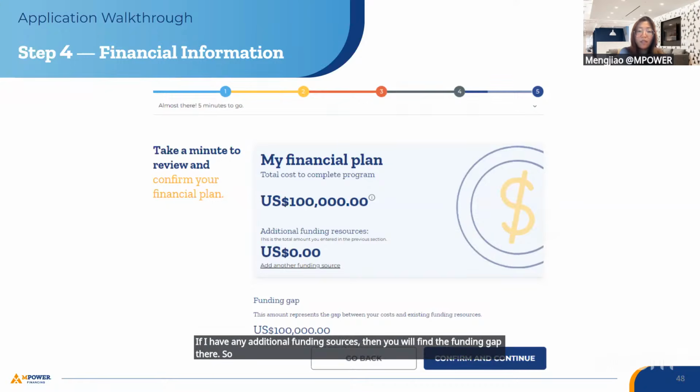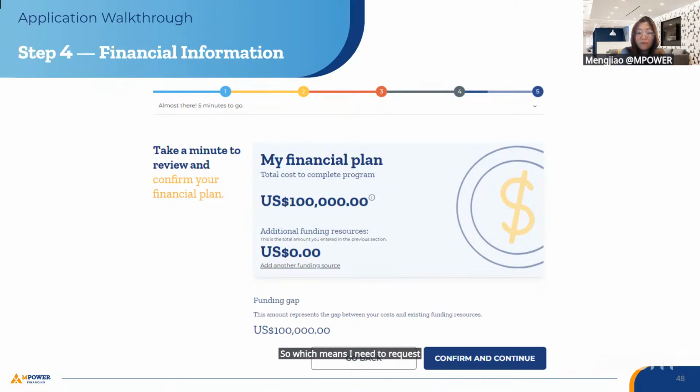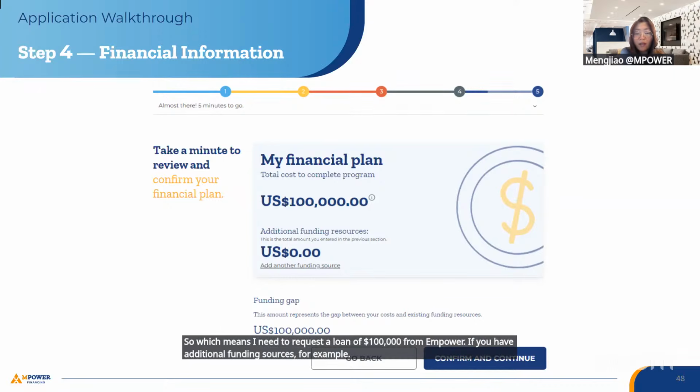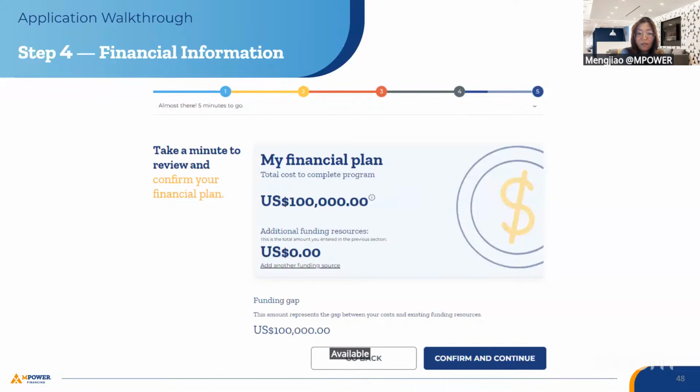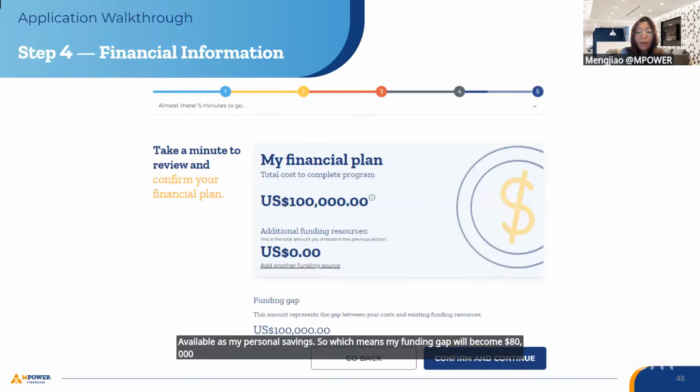For example, you can see on the screen, USD 100,000 with no additional funding sources, which means I need to request a loan of $100,000 from MPOWER. If you have additional funding sources, for example, I have $20,000 available as my personal savings, then my funding gap becomes $80,000. So that might be the number I want to consider applying for from MPOWER.